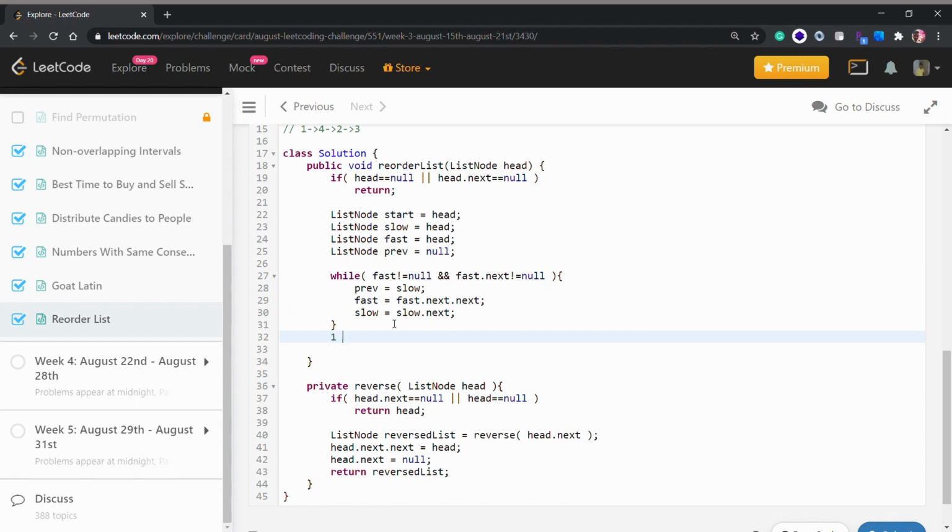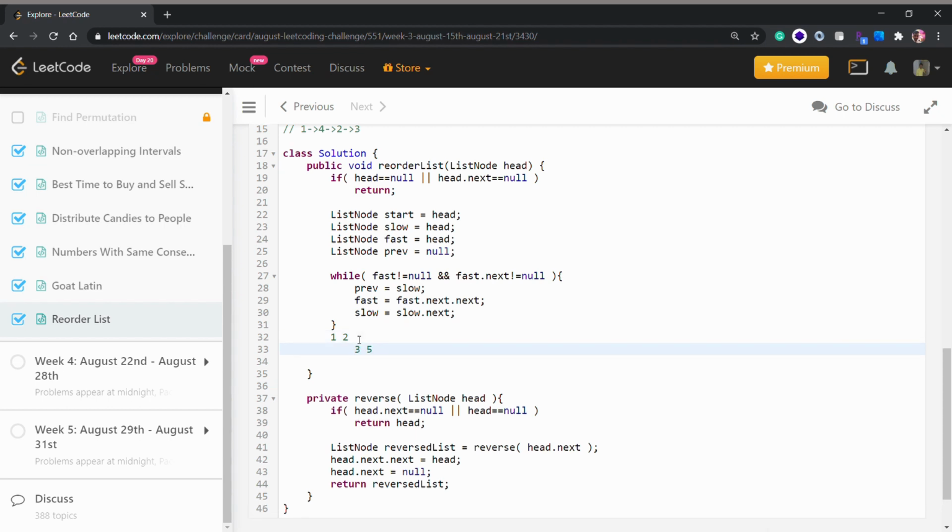For example, we have 1, 2, 3 and 4 or 5, doesn't matter. In the first iteration, previous would be equal to 1, fast would be equal to fast.next, which is 3, and slow would be equal to 2. In the next iteration, fast would be equal to null and slow would be equal to 3. And then we can divide it, so we will have two parts, and we will have the middle part.